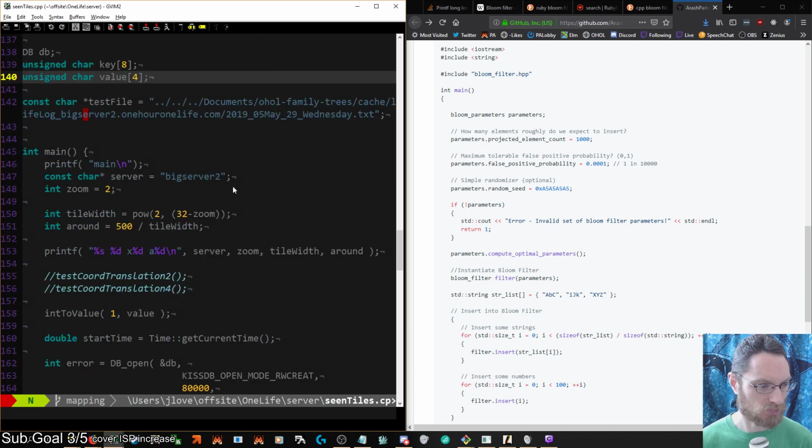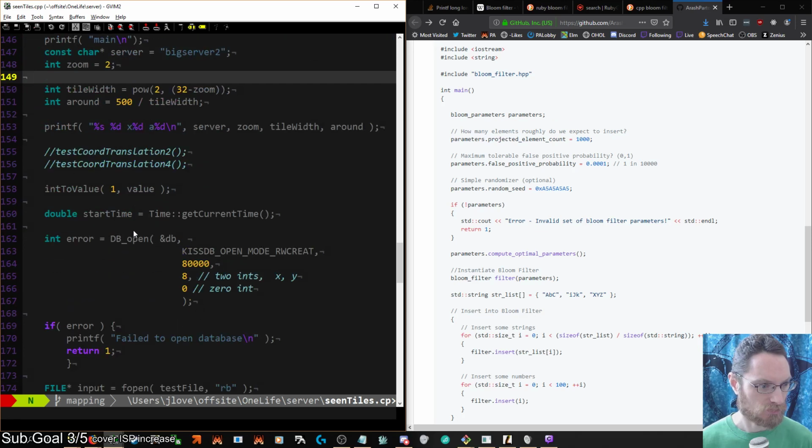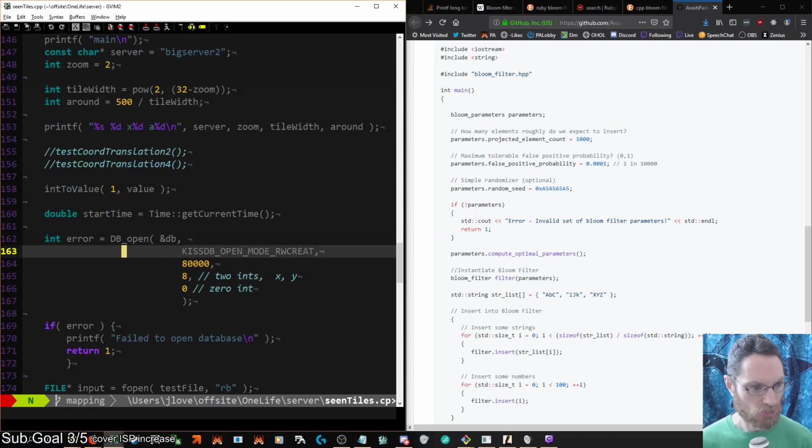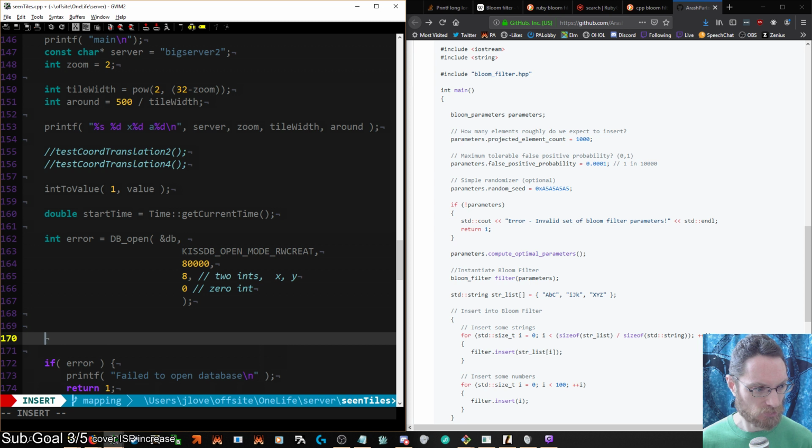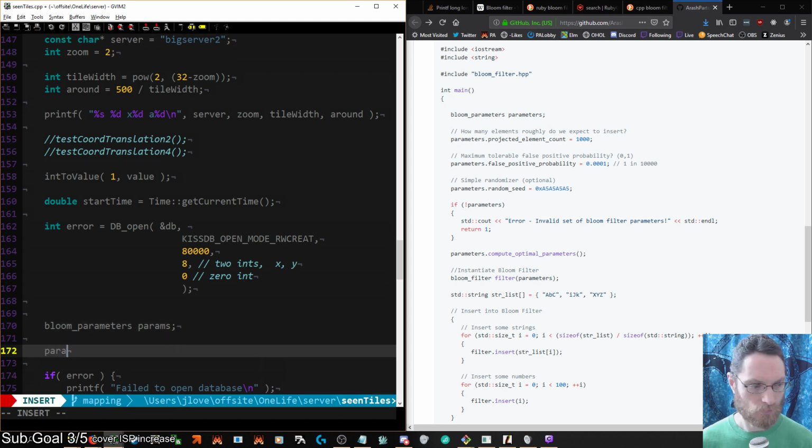Coordinate translation. The DB open actually doesn't really hurt us at all, I don't think. Params dot